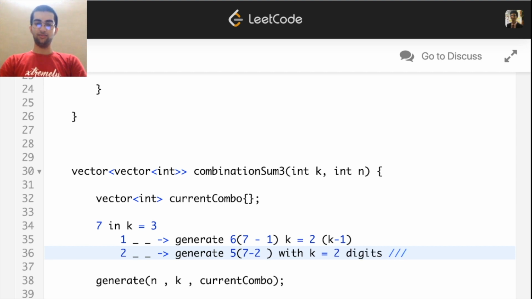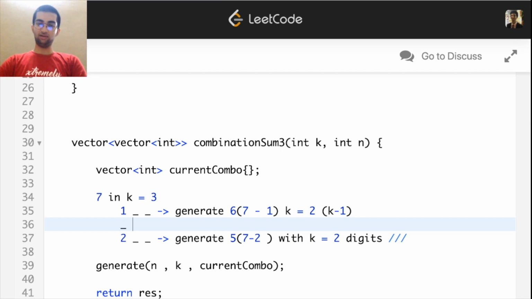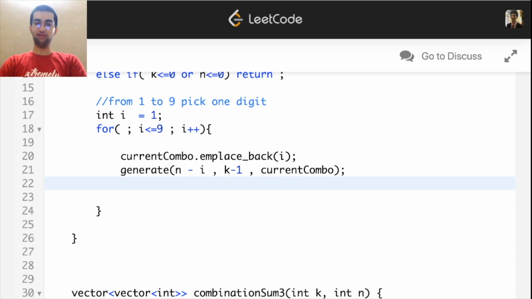So how to do that? As you can see here, we bring this back to 0 and we continue our for loop. After you finish going down that path, you don't want to go down that path again. So current combo dot pop_back, remove the 1 and try a 2 now.